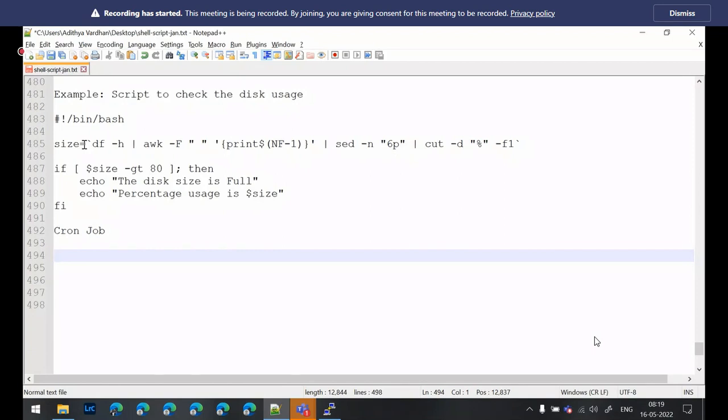So if you want to run any commands periodically on your server based on a set periodic time, we have a concept called a cron job, where you set up a cron job or crontab to run any commands on your server periodically based on a set periodic time. So a cron job